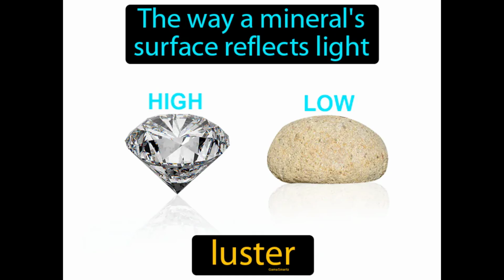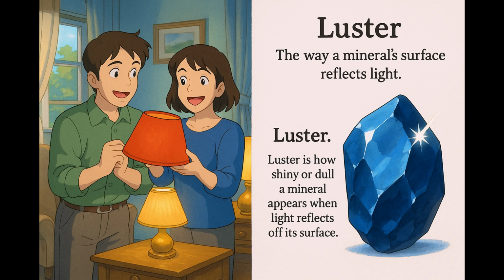The way a mineral's surface reflects light. Luster. Luster is how shiny or dull a mineral appears when light reflects off its surface. Imagine you're trying to choose the perfect lampshade for your living room, but every option seems to change the ambiance of the room differently. This situation is similar to how a mineral's surface reflects light, affecting the way we perceive